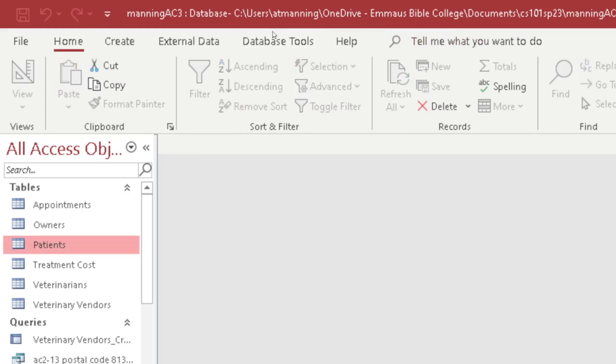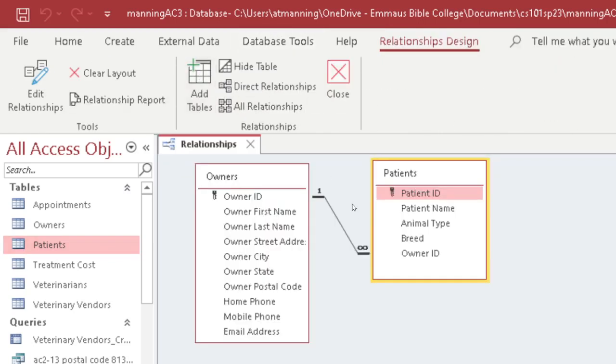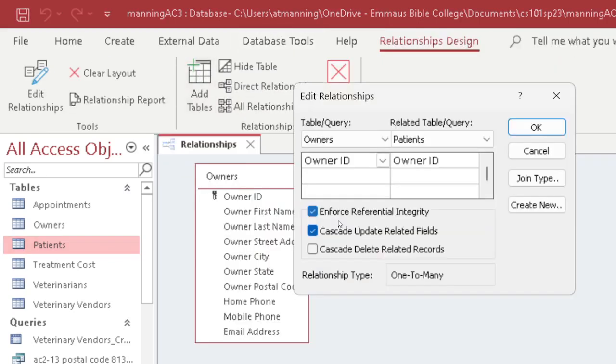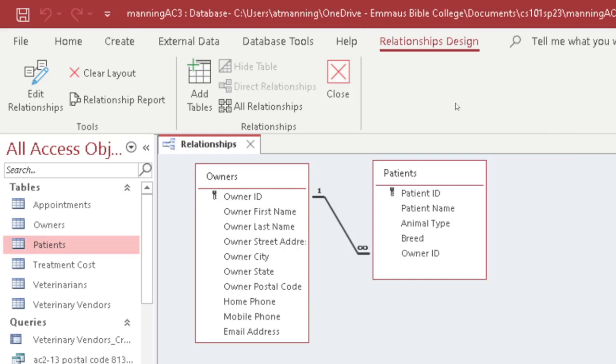So back to database tools, relationships, double click on any connection, and these are the 2 checkboxes that help to make sure that I don't accidentally refer to the wrong owner. This says if I ever change the ID of that owner, anyone referring to him will get updated to their related field. So I click OK,